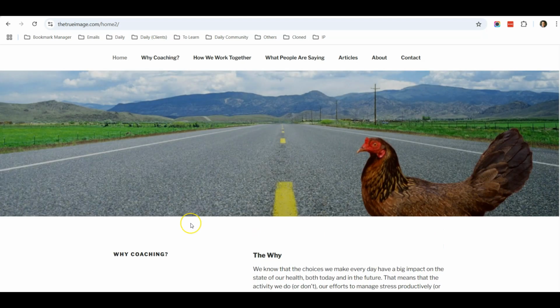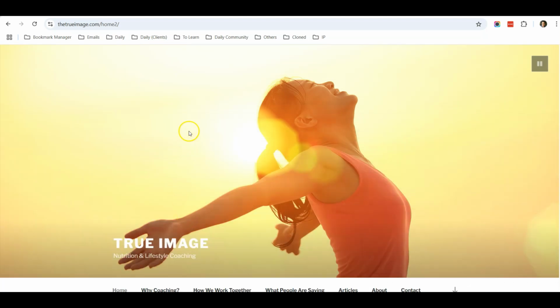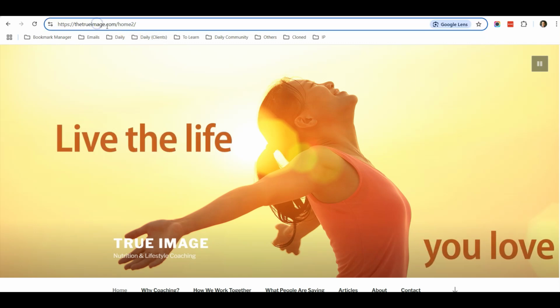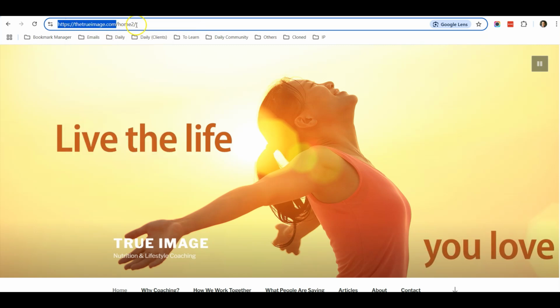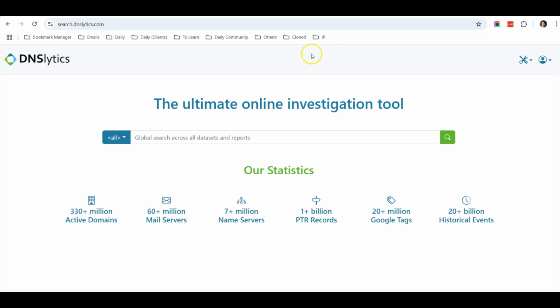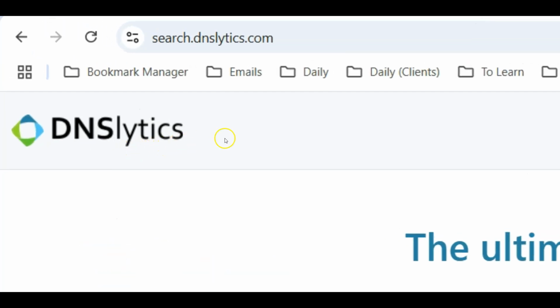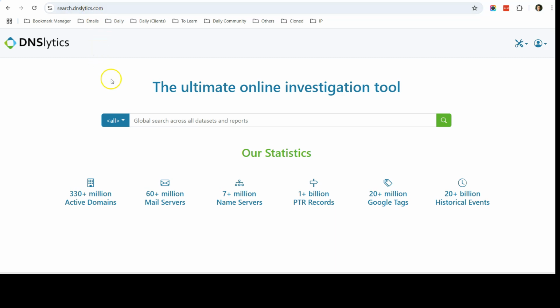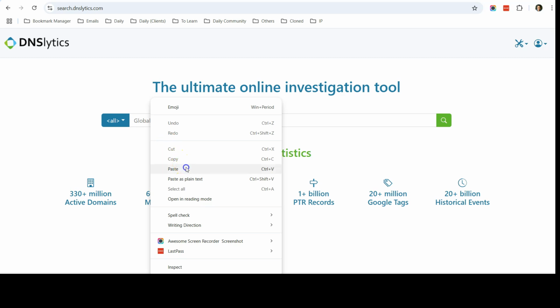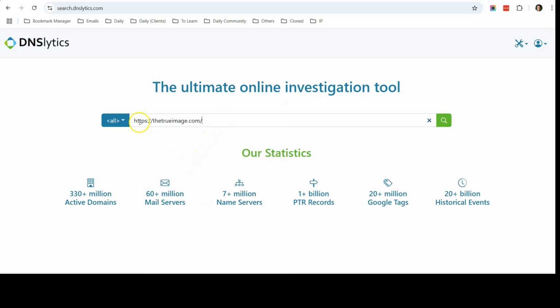So let me share with you one example so that you can use it for your own website. This is a website that we are going to test out. The URL is thetrueimage.com. This is just a random website that I got from online. And you are going to use this tool called DNSlytics. I will put down the URL in the description below so that you can just click and go to this URL. Once you are on this website, you just need to paste in your website URL,